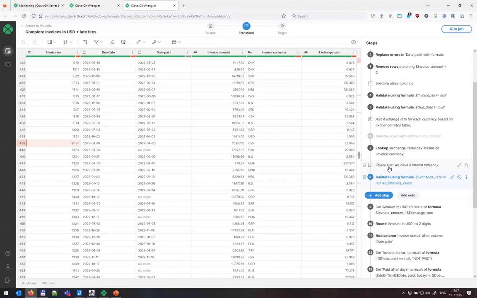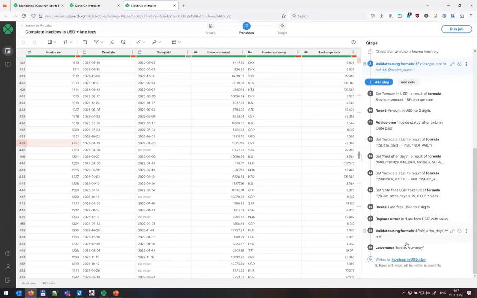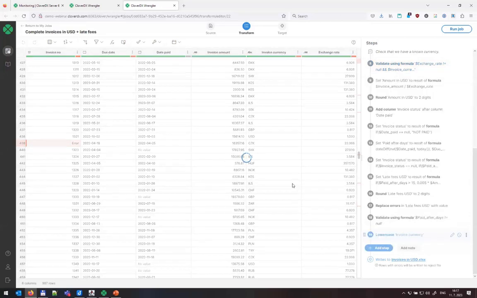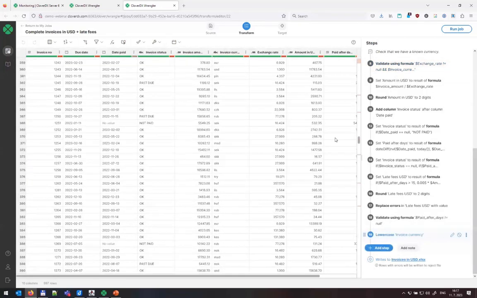And you'll see that as I do this, it will also kind of cascade down, because when I try to use something that's in error in a calculation, it will of course make the result of the calculation invalid. So in this way, you can very easily see how the invalid data propagates through your transformation. And for example, if I go towards the end and see the end result and scroll